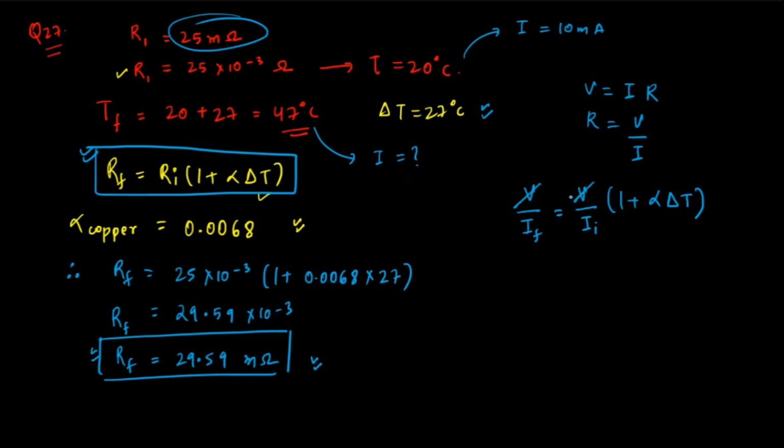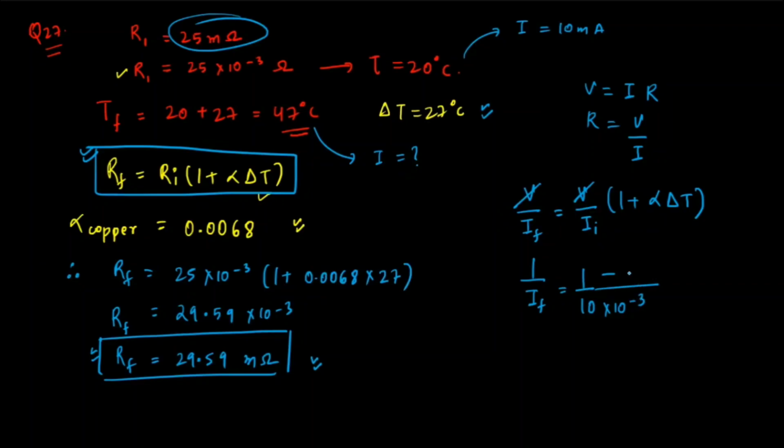Potential will remain constant as we're not going to change the battery, but current will change as temperature has increased. So the value of final current must be equal to 1 over... Now, what is the value of initial current? It says 10 milliamperes, so it is going to be 10 into 10 to the power minus 3,